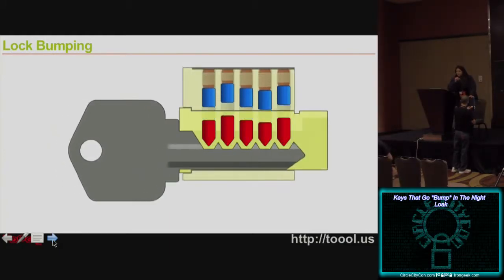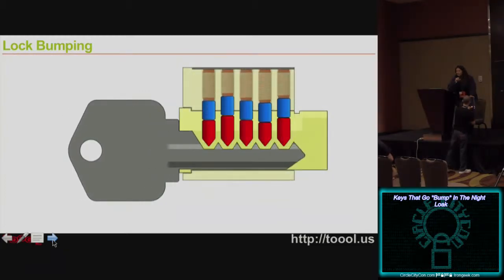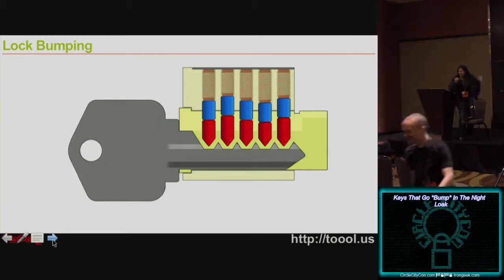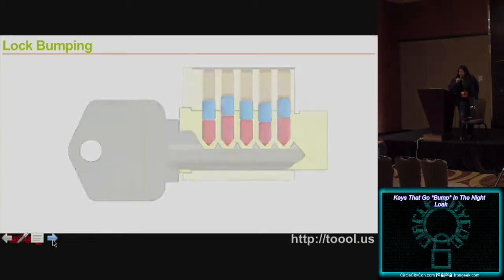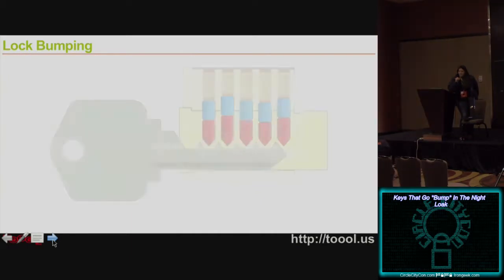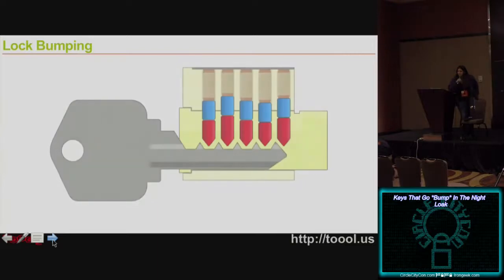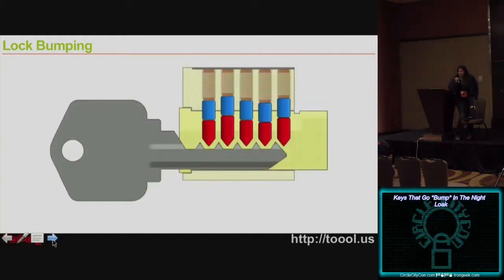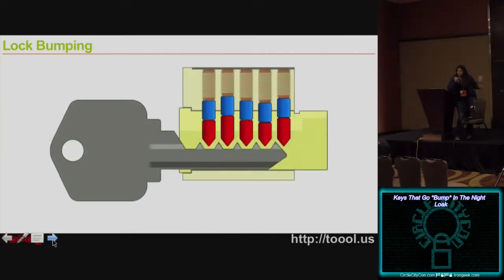Is there an easy way to tell which way the lock turns? It's kind of a gut instinct thing. If you try to turn it the wrong way, you'll figure it out. Typically, if the lock is on the right side, you're going to go clockwise. Right side could be counterclockwise, left side could be clockwise. Typically,